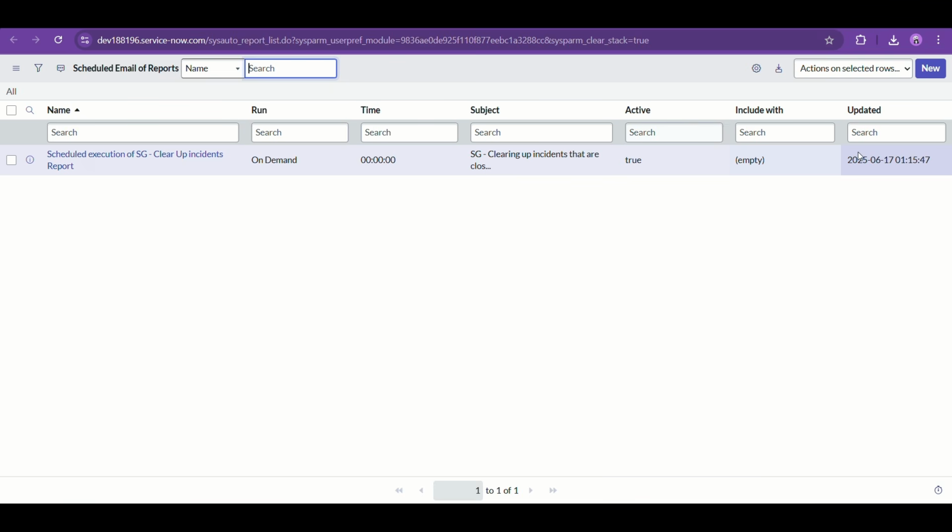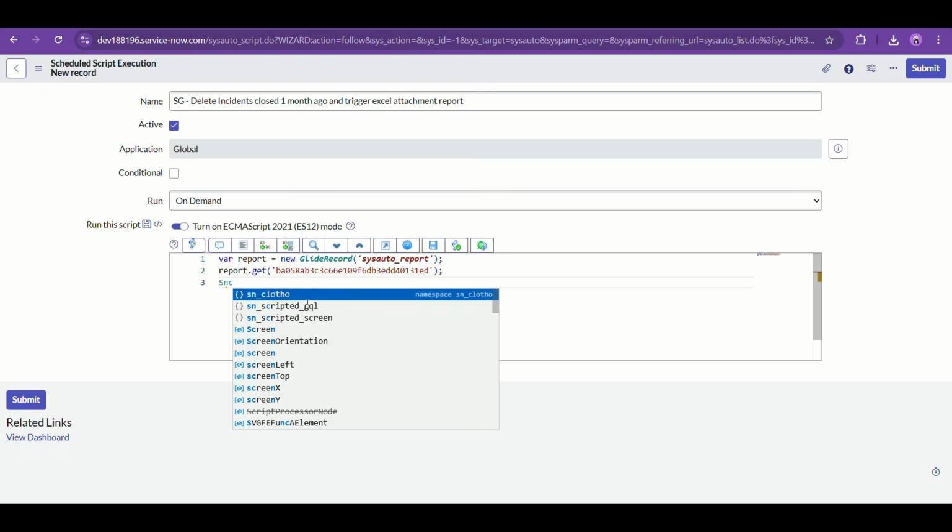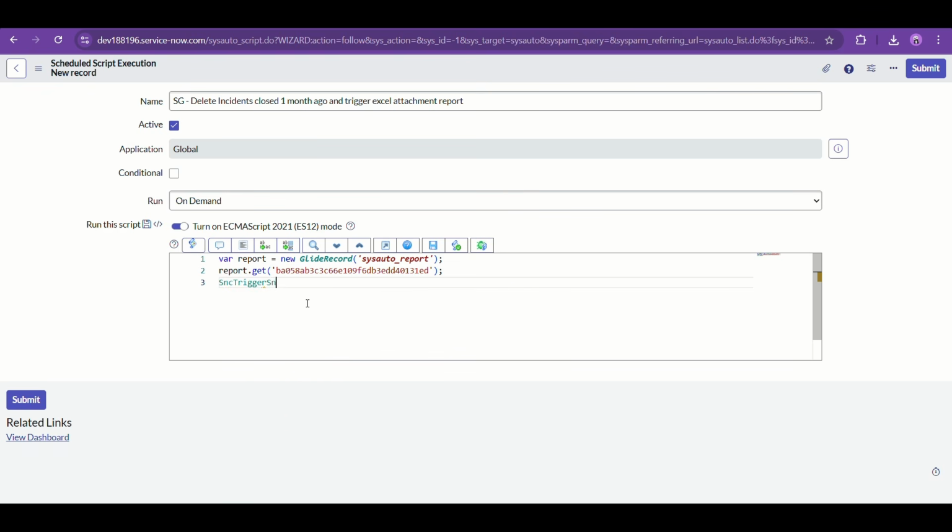Yeah, I think this is the one, created 2 minutes ago. So I'll copy the sys_id and paste it here. This is what we will be using, SncTriggerSynchronizer, and then dot executeNow. So this will just execute the report.